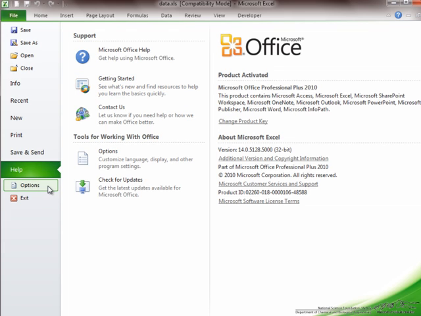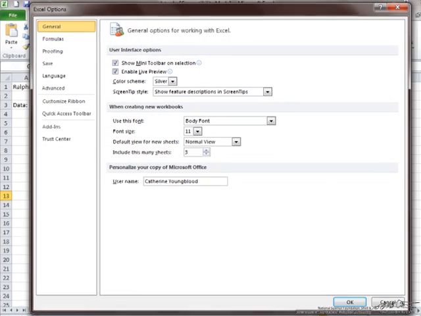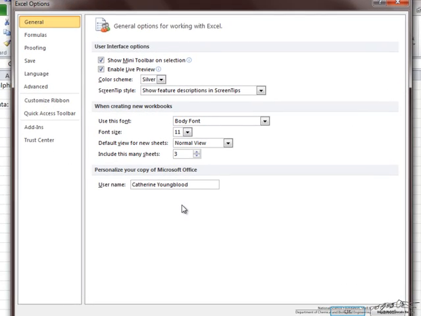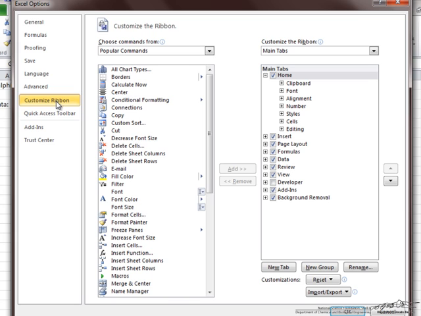Finally, you get to Options, which will take you out of the File menu and open up a new screen with Excel options. There will not be many things that you will need to change while using Excel in the labs. However, you will probably want to go through some of these to get an idea of what's available. Some of the most common options you will use will be first under Advanced, where you can change what happens when you interact with the cells in the spreadsheet, customizing the ribbon, which are the tabs at the top of the screen,